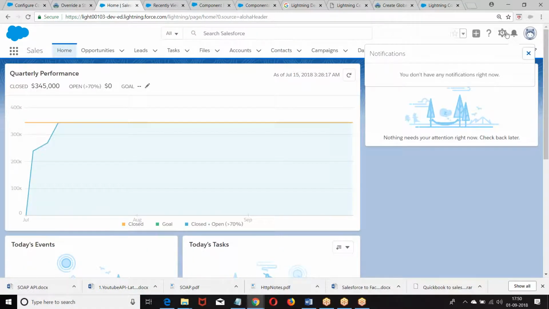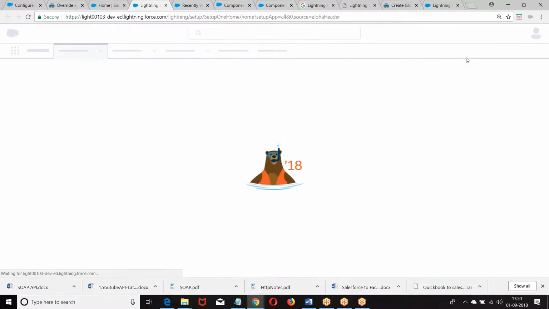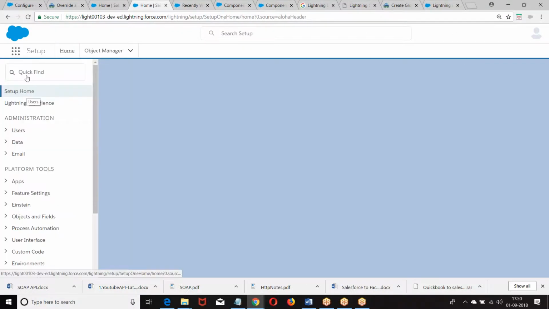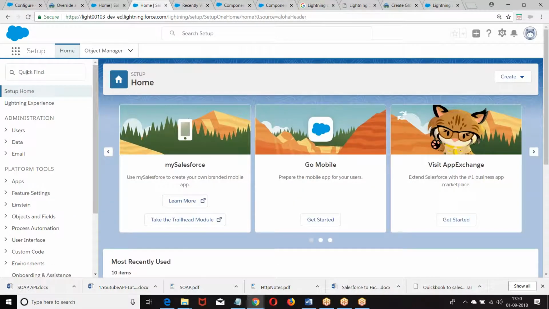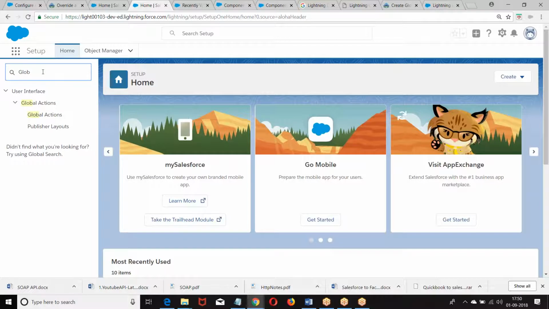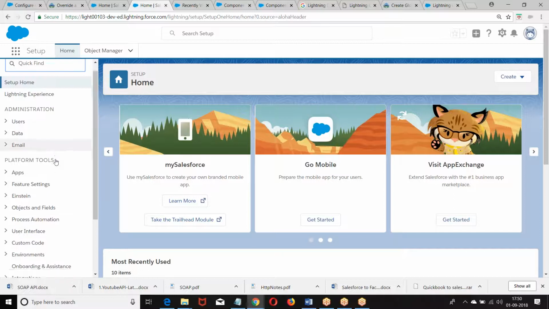Setup. Now, so what we have? User interfaces, platform tools.